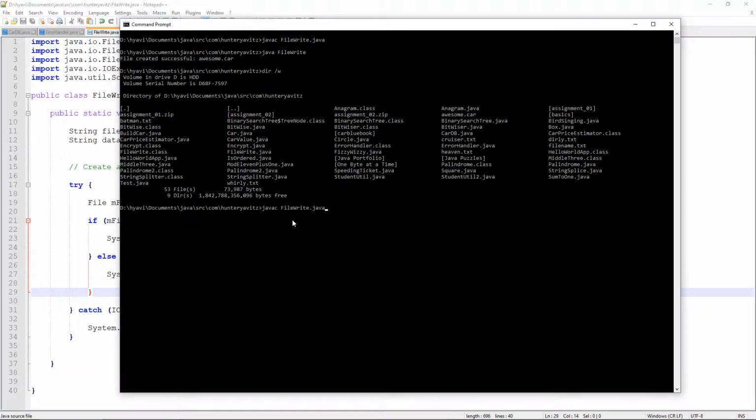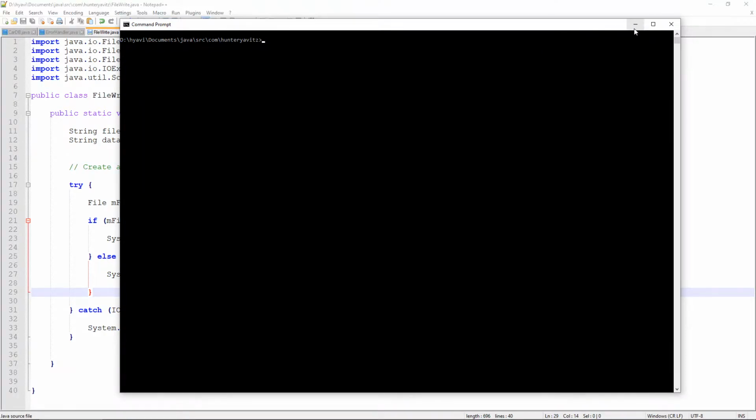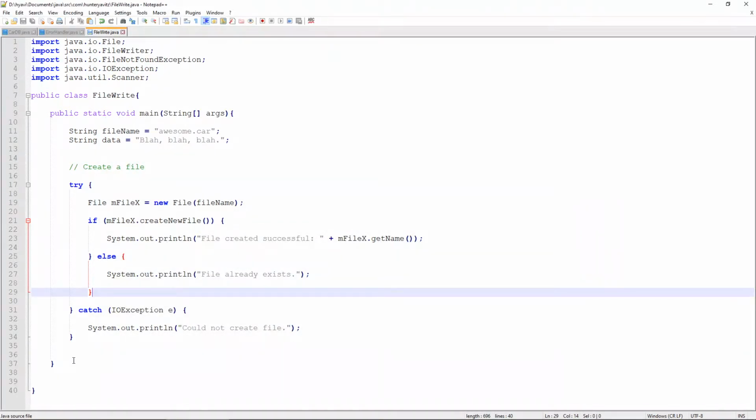So let's go ahead and run this one more time. And there we have it. File already exists. So, looks like that's working correctly so far. And that's how to create files. Now, moving forward,